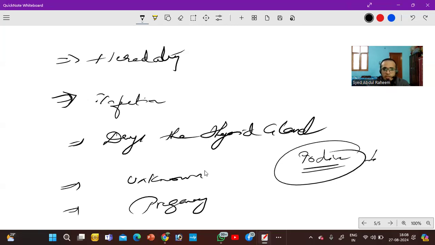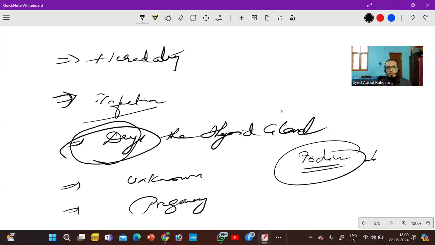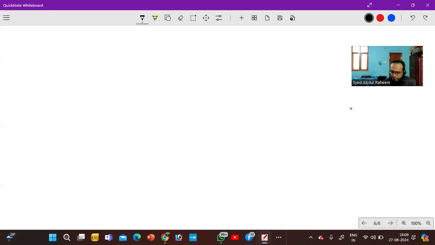Okay, so we need to understand that. First we have the hereditary cause, and second is infection, and any thyroid gland disorder. And unknown cause or pregnancy, sometimes decreased intake of iodine, which leads to hypothyroidism. And already I told you about the person who has